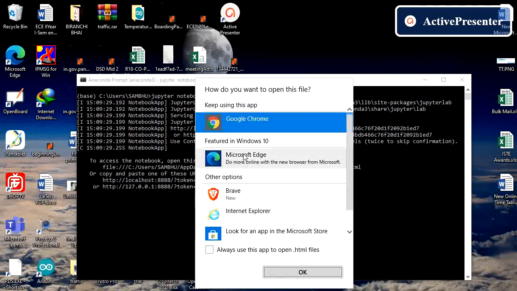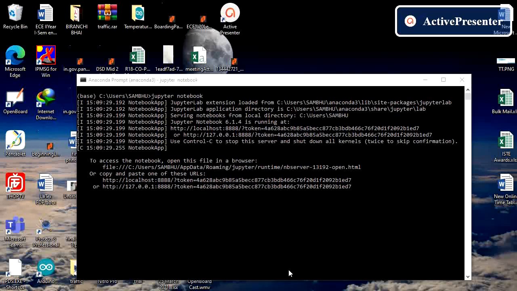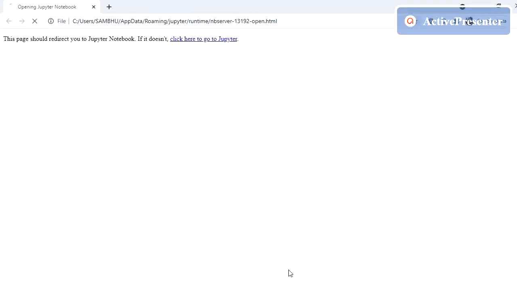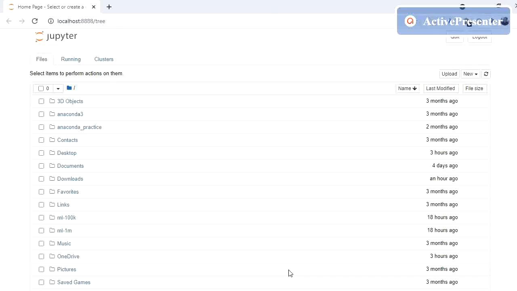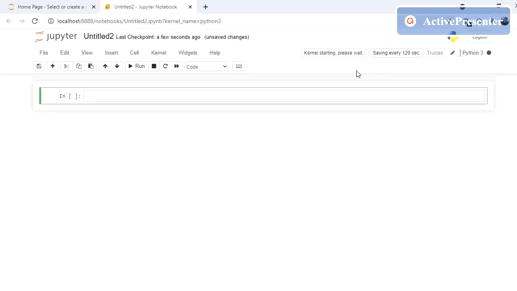It will ask in which browser. It will actually work in a browser, so I'll choose Google Chrome for this. Okay, so this kind of window will open, and here you have to select New and Python 3. That is what you have to select. Now, how to get this Anaconda and what this environment is, I will talk about in a different video. This video will be dedicated to some basic codes.